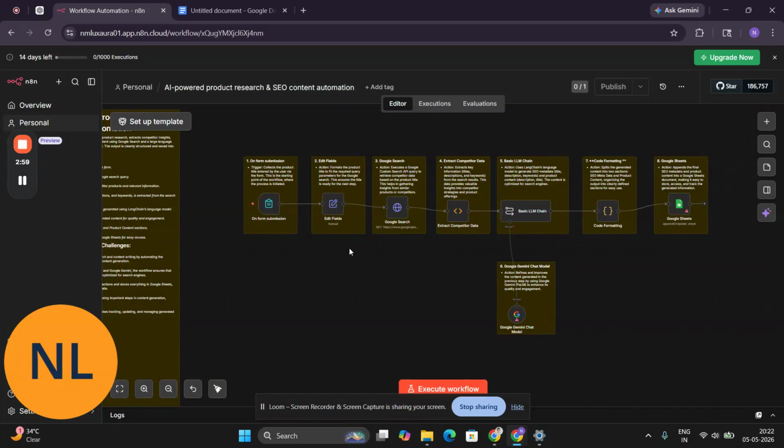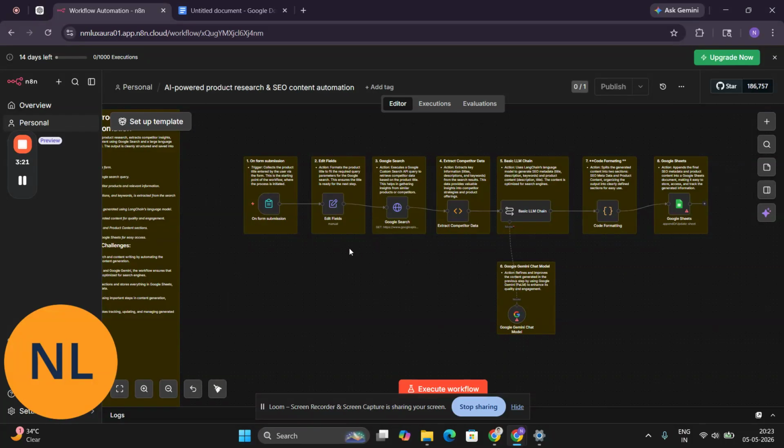It gives you personalized search. Using this n8n workflow, we extract key information, for example title, descriptions, and keywords, and I've built this n8n AI automation in a way that it completely delivers the output based on your product title, right?